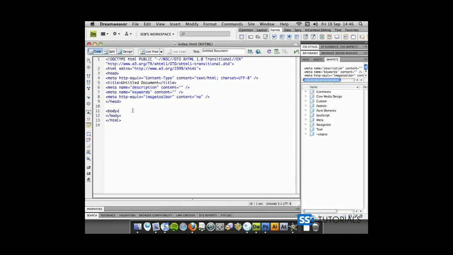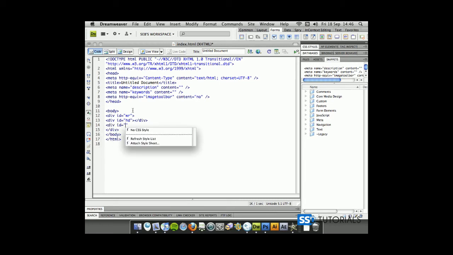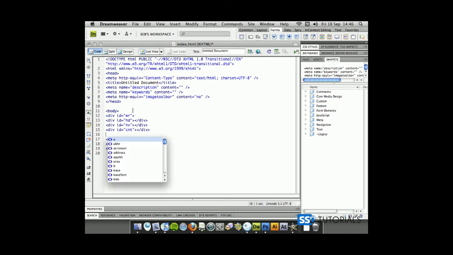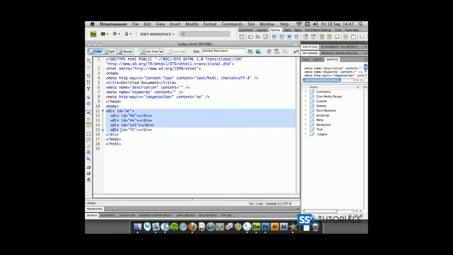If we, let's say, then create some basic structure of the page, let's say div id wr for wrapper, closing one, div again, id hd for header, div id nv for navigation, div id cnt for content, and div id footer ft. That's all fine. Obviously we would be using more of these rather than just this few, but let's say we've got this structure